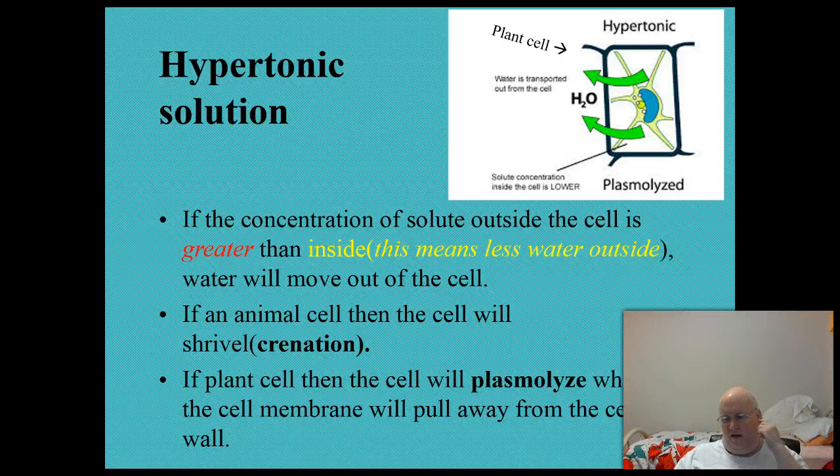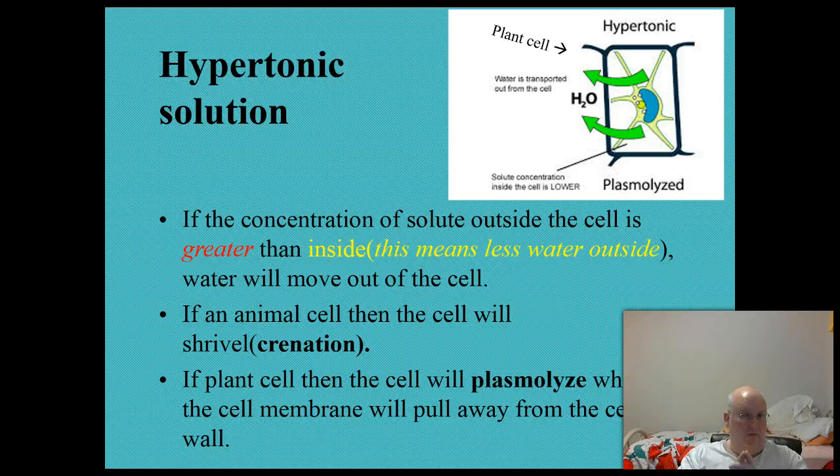Finally, there's hypertonic solutions. These are just the opposite of hypotonic. Hyper means more than. So the condition outside the cell, if there's a lot more dissolved stuff outside the cell than inside, then water is going to leave the cell to try to balance that concentration. So if you were to place a freshwater plant into salt water, then that condition outside those freshwater plant cells would be a high concentration of salt. That means a low concentration of water, which means water is going to leave the cells trying to balance that up. Because remember,